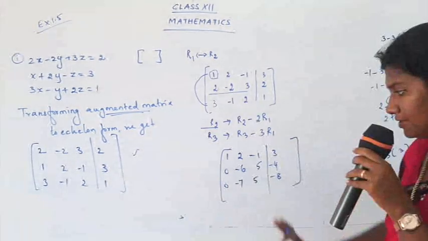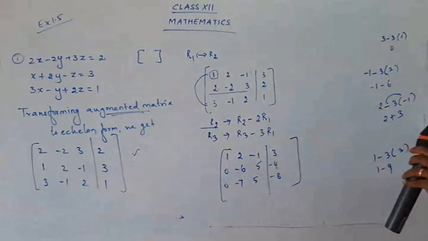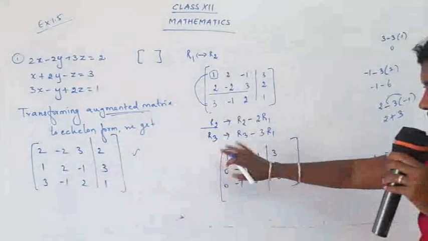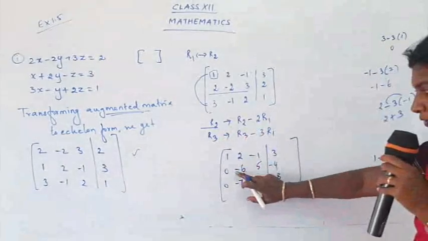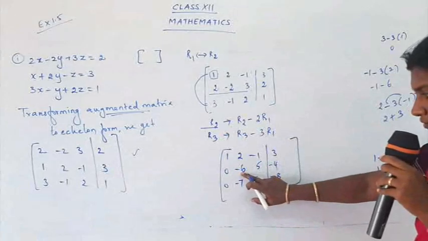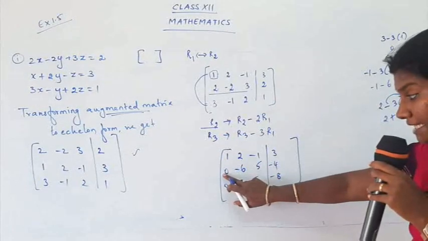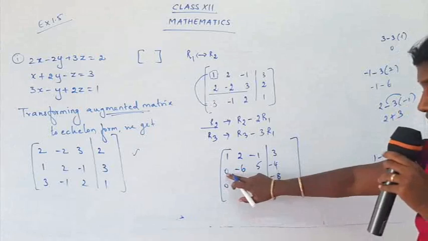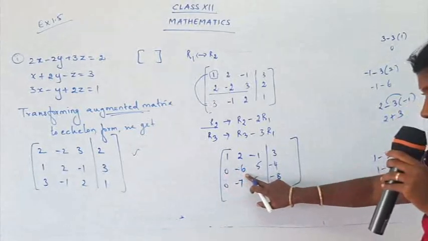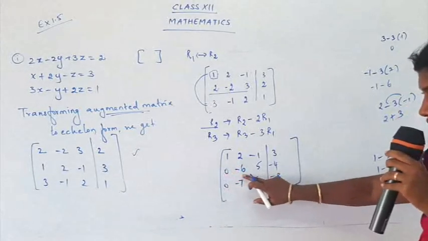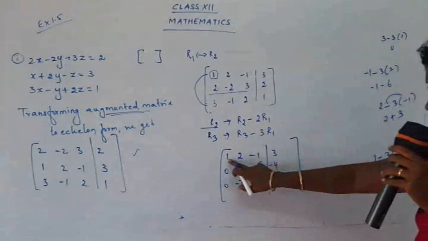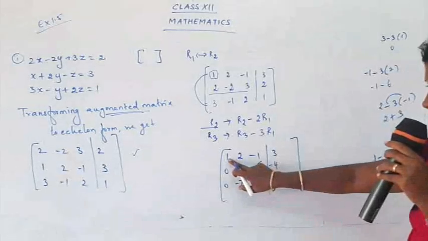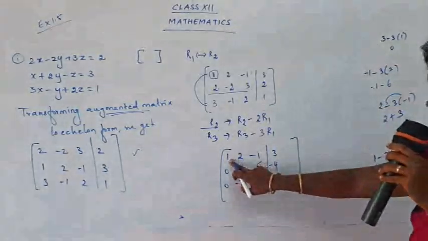So we have made them as 0. Now what are you going to do? Leave the first row, okay? So now we are not going to do anything with the first row. Now we are going to go for the second row. Now in the second row, we have minus 6. That is, you have to see the next number after the 0. What is the next number here? It's minus 6. Now what is your work? You have to make this minus 6 as 1. See, here we started with 1, yes? The first element was 1.